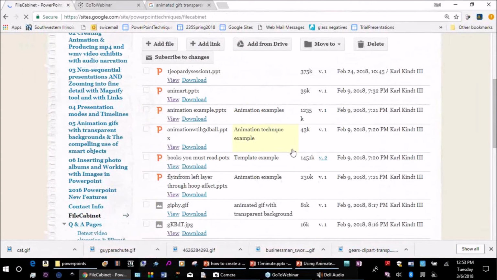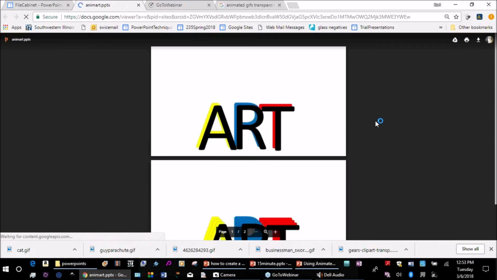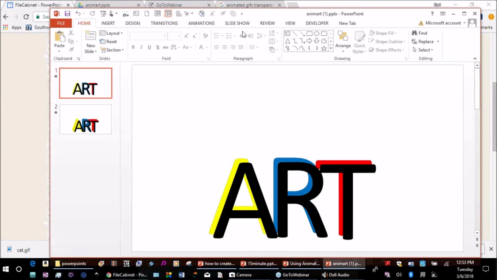you can see here's anim art, how you can animate various graphics. You can view this one. Oh, by the way, when you want to view these, if you pick view and there are animations in them, they will not work. You have to download the file and then play it in PowerPoint to get it to work. So for example, this one, if I pick view, is going to come up and show the art, but it's not going to animate it. So if I wanted to actually see what this is all about, I'd have to come here, download that file, and then go ahead and play it in